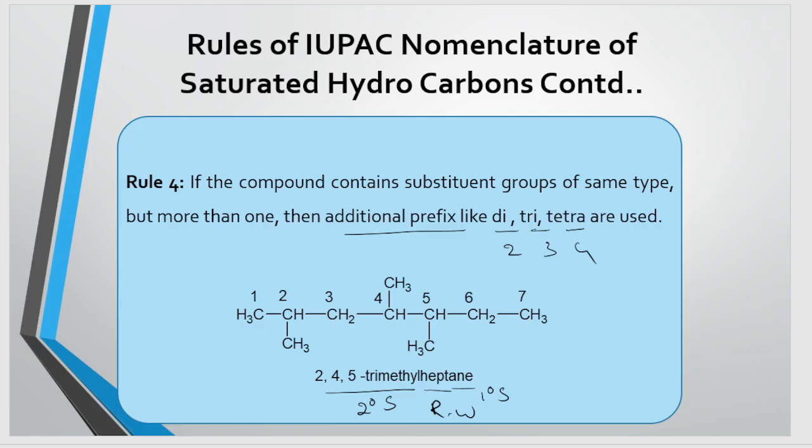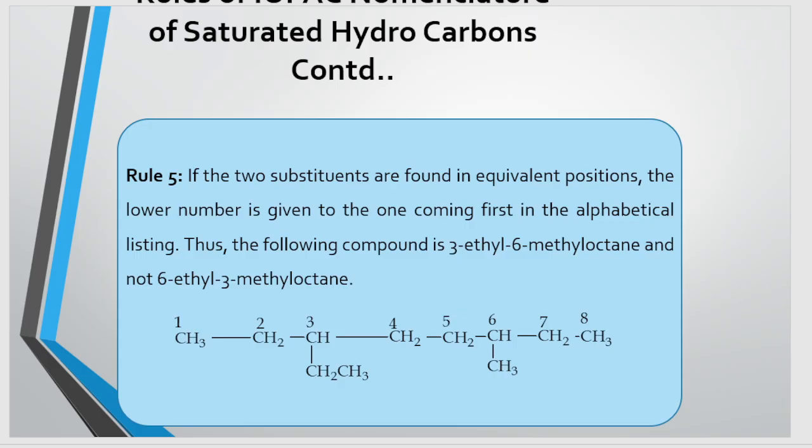Right, as there is no functional group, we did not mention a secondary suffix, and as it is not a cyclic compound, we did not mention the primary prefix. Right, now let's continue. Suppose we consider the fifth rule: if the substituents are found in equivalent positions, the lower number is given to the one coming first in the alphabetical order. So the fifth rule is, suppose we consider this particular thing,